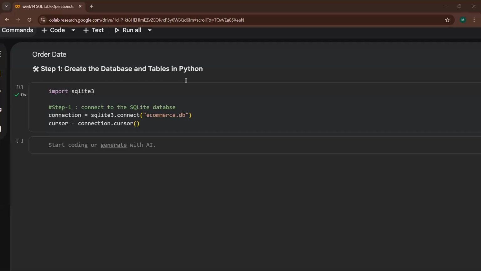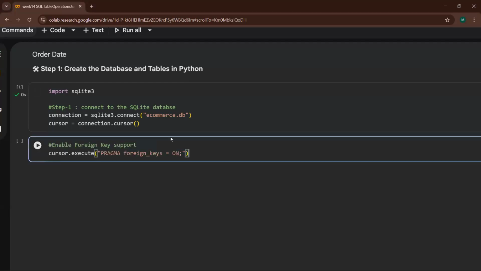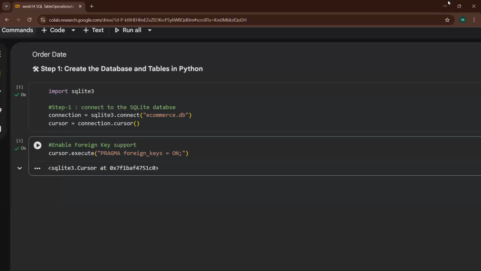Ma'am, we have to use cursor execute and put the foreign key in brackets. No, I have to use pragma. Navya, yes, you're correct, pragma. Supradeep, you are also correct, but pragma first, then foreign key is equals to on. Okay? Enable the foreign key first, then only you will be able to create a table using foreign key.